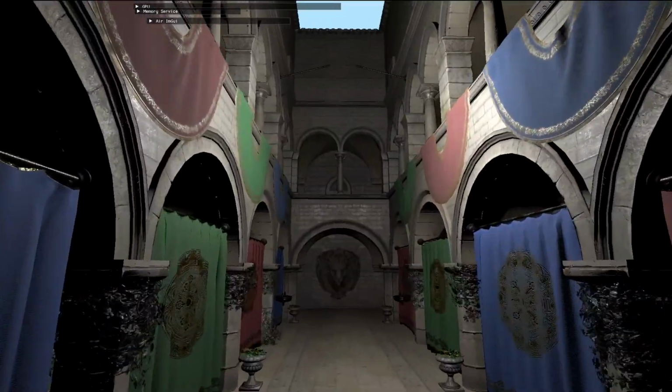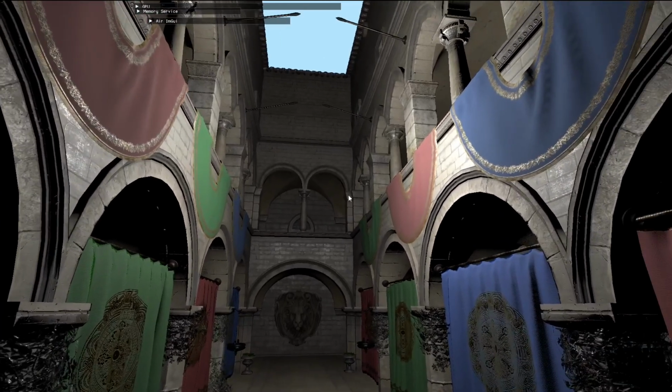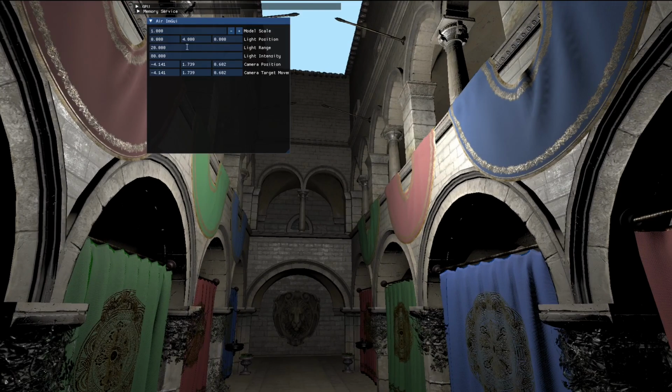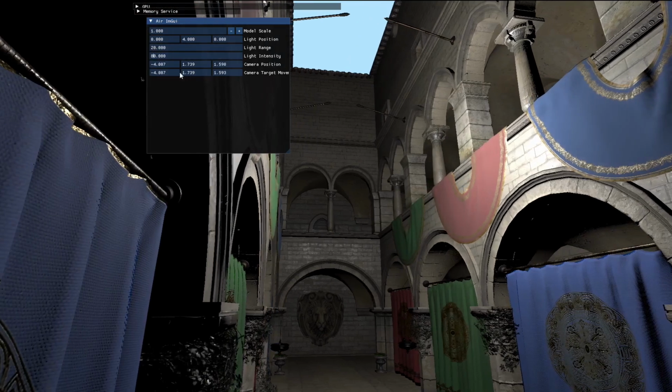And this is the advantage of making a specialized game engine. I don't have to get every single type of model working in my engine. I can exclude models that would be really difficult to render correctly. I'll provide links below to all the models I've used in the description.